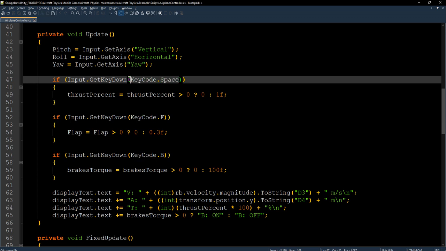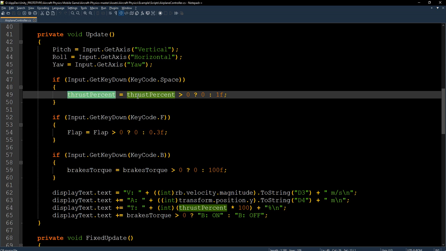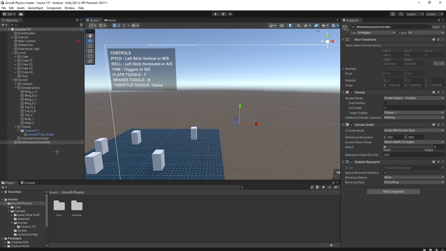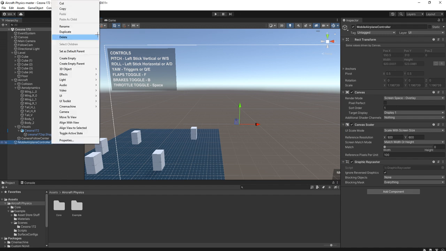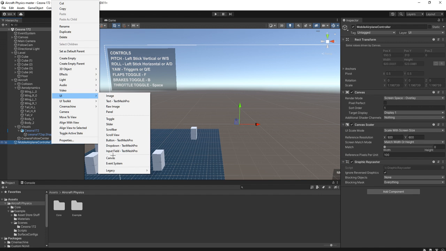Here, if we press the space button, it will toggle the thrust percent between 0 and 1. So what if I want to make a UI button as a toggle button for controlling the throttle for our airplane? So let's try to create a button here.